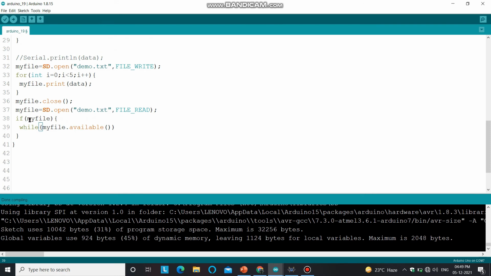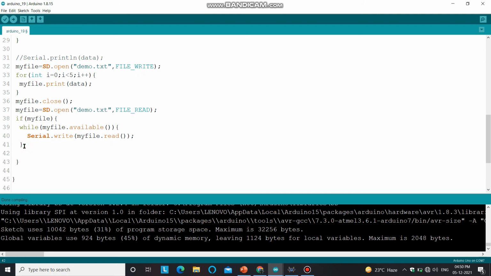If the file exists inside your SD card, then Serial dot write(myFile dot read()). Terminate this command here.